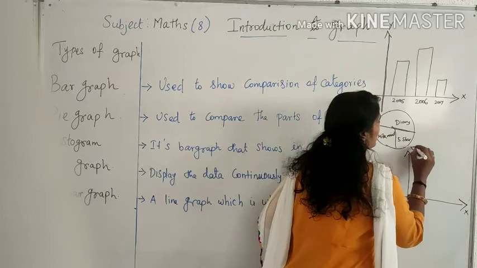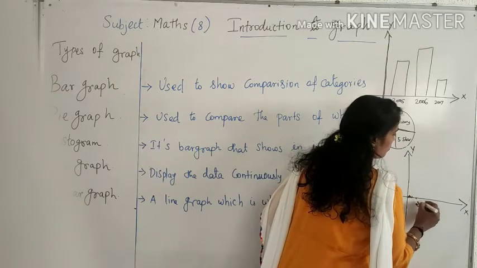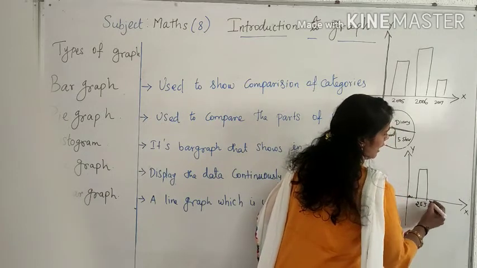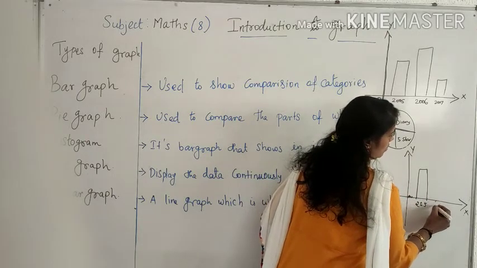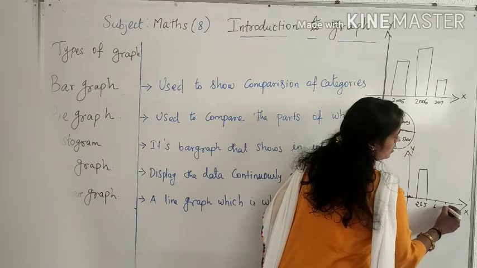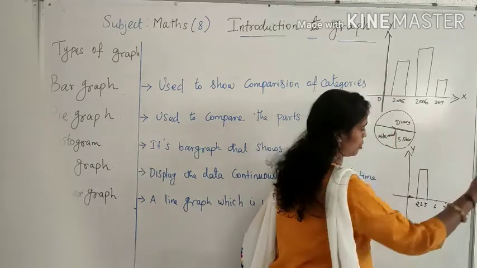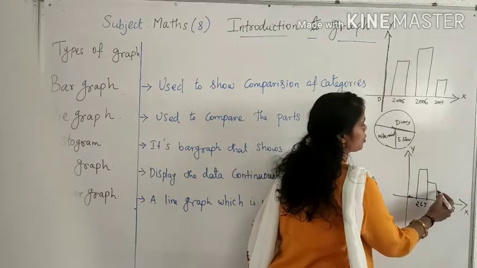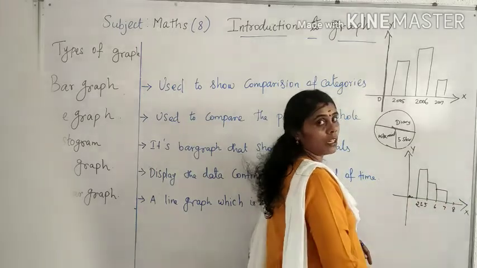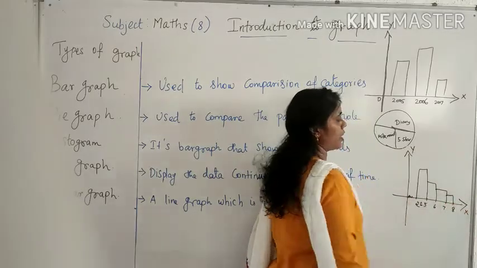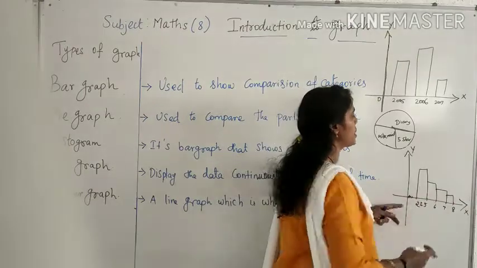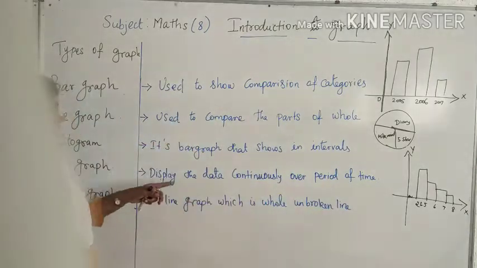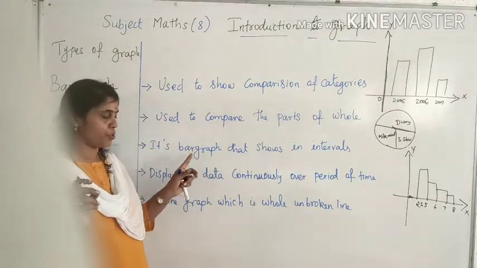So the x and y axis, and 2 to 5. You will take 2 to 5, and that will be shown in one bar. And 5 to 6 again, 6, 7, 8. Like that the information goes on. So 5 to 6 again we are spending time playing, and 6 to 7 we are doing maths work, or 7 to 8 we are doing some other things like that. So that information is continuous. The intervals are shown properly and continuously. So we are using the histogram over here.